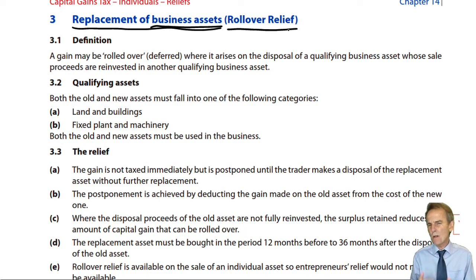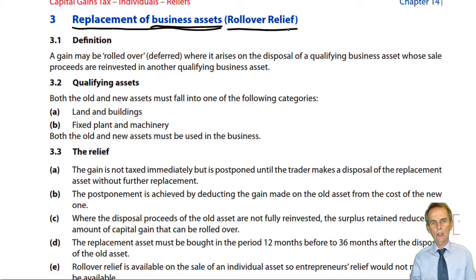So it wouldn't be a very good motivation for businesses to expand their businesses, make them bigger, employ more people, make more profits, pay more taxes. That is not going to be motivating businesses, entrepreneurs, to do that if all we do is say, yeah, that's a chargeable disposal of a chargeable asset, you're a chargeable person, therefore we're going to tax that gain now, and we'll take that money out of the business.